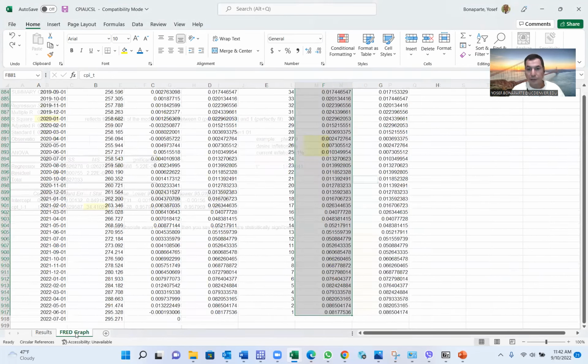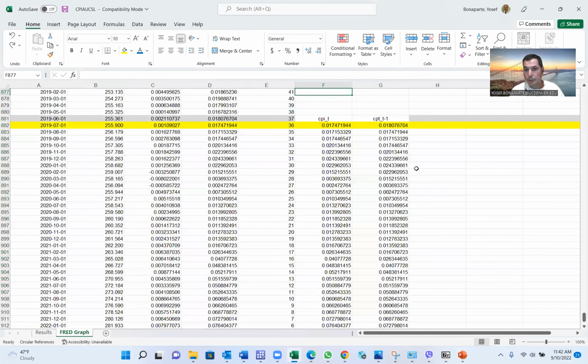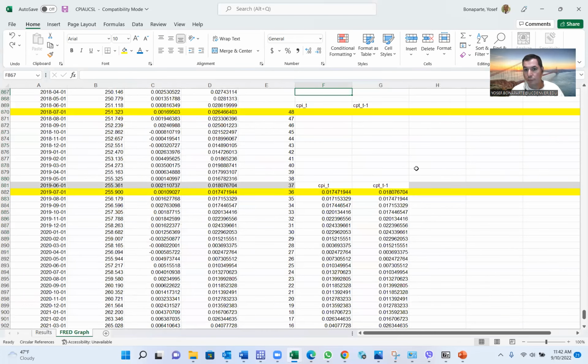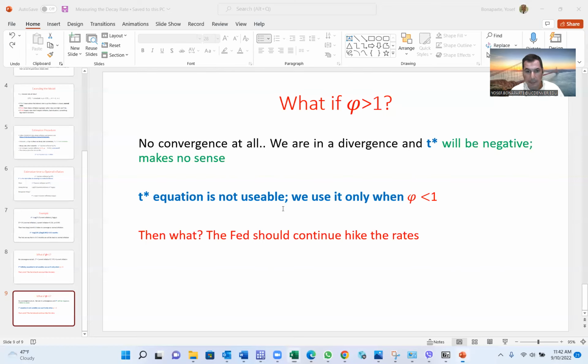Now we're gonna ask the Federal Reserve. We tell them, hey, dude, we're not doing good. We're not going to convergence in our inflation. We wanna hike the interest rate, RT. So we want you to hike the rate. So now we're gonna add to the model, sorry, RT. So we add to the model this